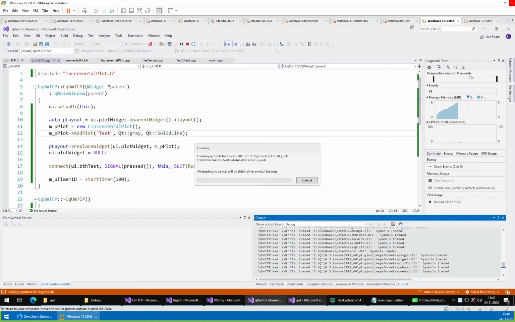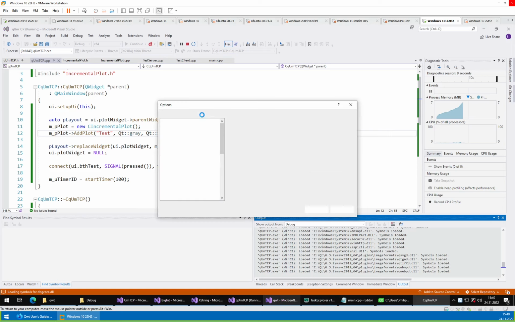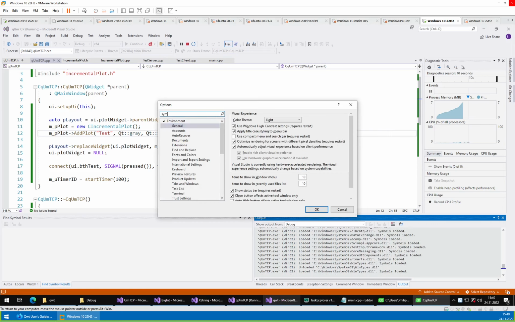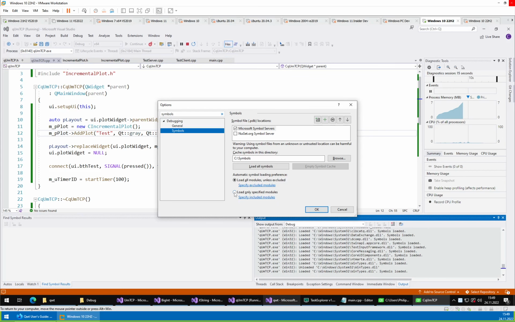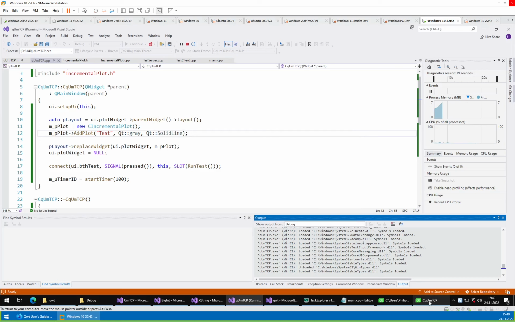It just wastes too much time. General symbols. Yeah. Okay, so